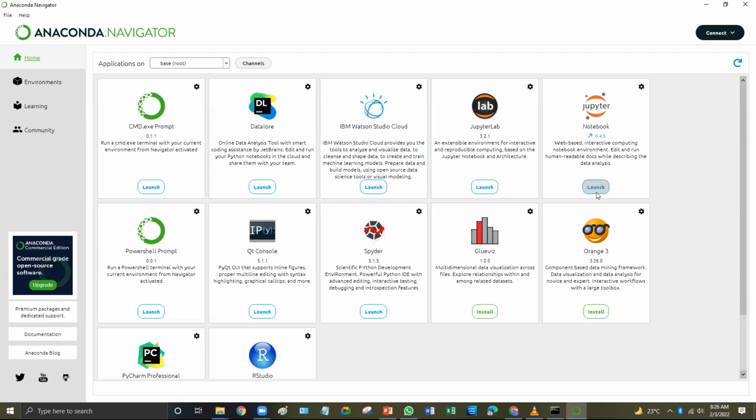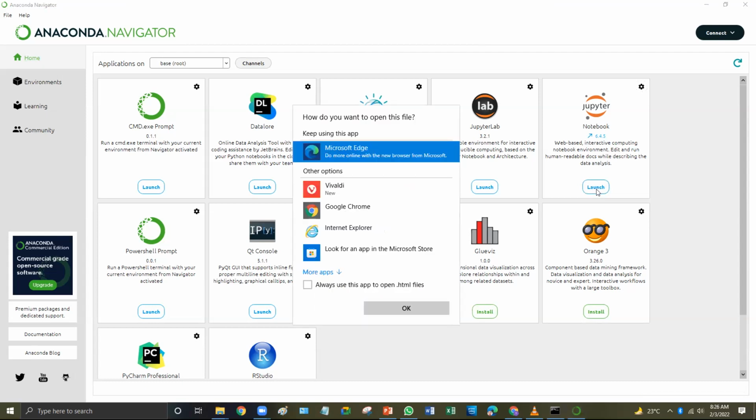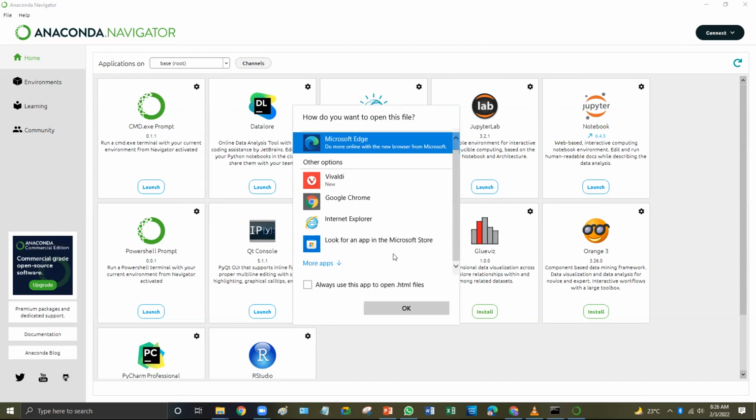There is a launch button, but nothing's happening. Okay, let me try out. Again the same thing, some configuration issue. Mine is also not coming, I believe. I need to get this updated, and then we'll have a look at it.